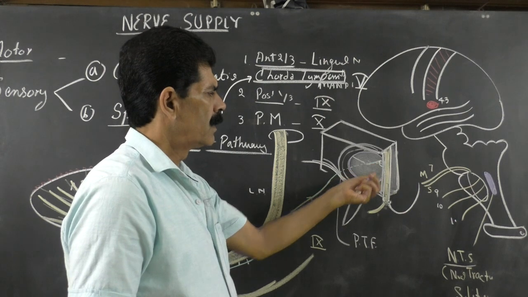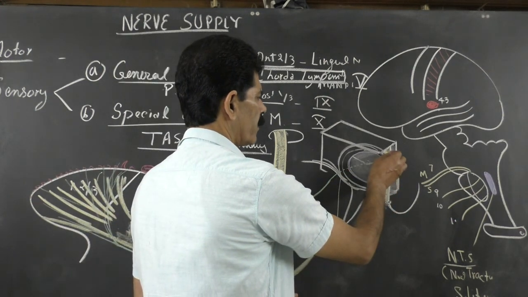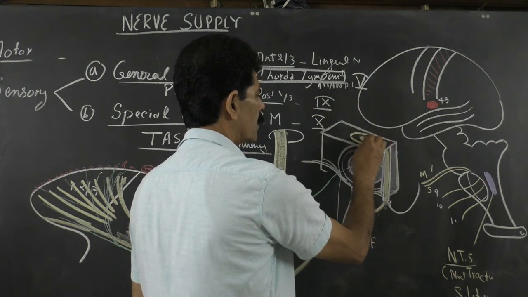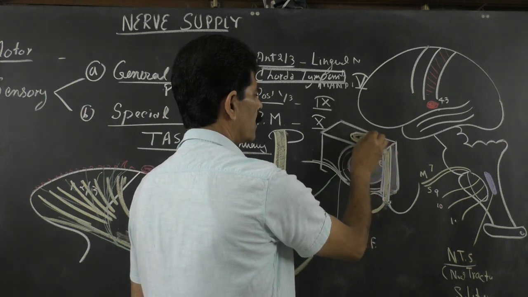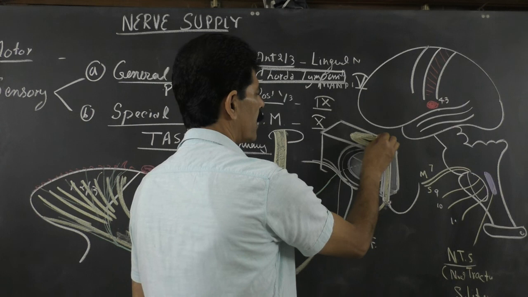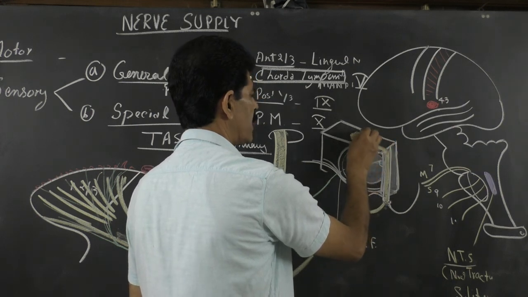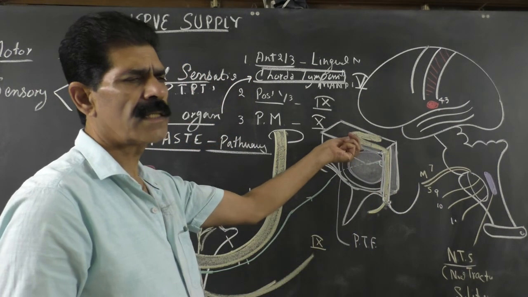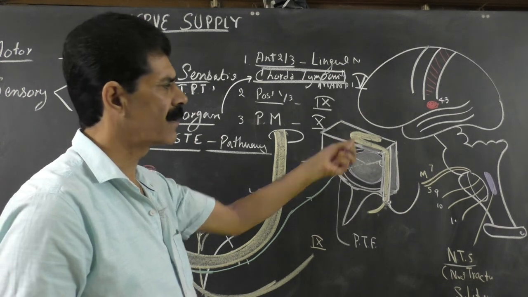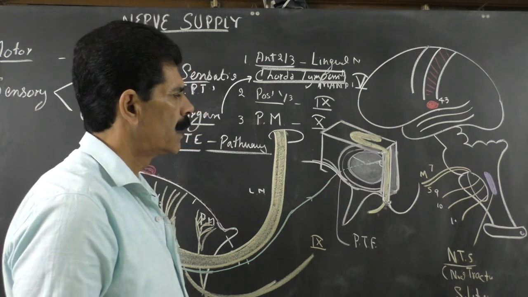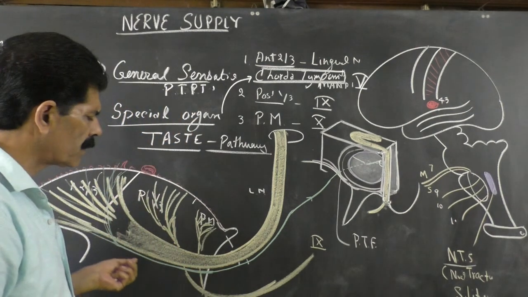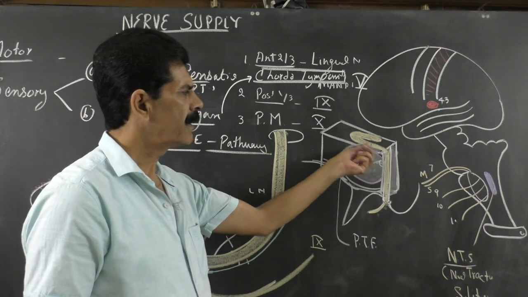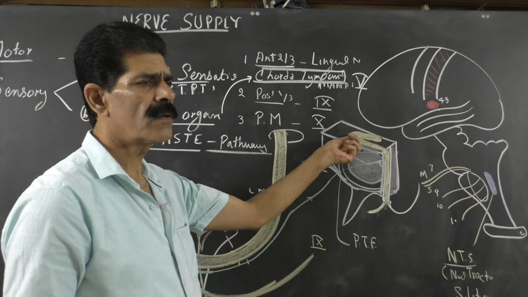And when we trace this facial nerve upward, it goes into the roof of the tympanic cavity, and here the facial nerve bends. The bend of the facial nerve is called the genu, or the geniculate ganglion of the facial nerve. So these fibers which start from the anterior two-thirds of the tongue are actually dendrites. These dendrites end in the geniculate ganglion of the facial nerve,